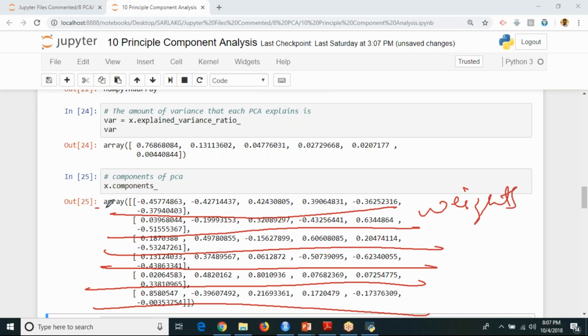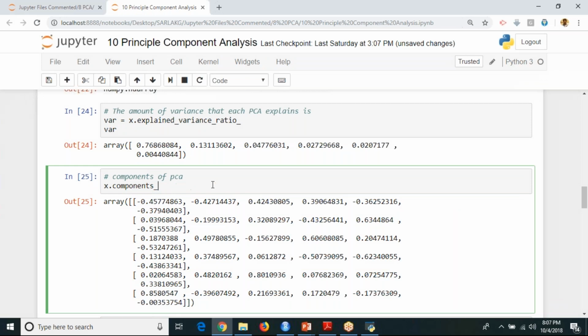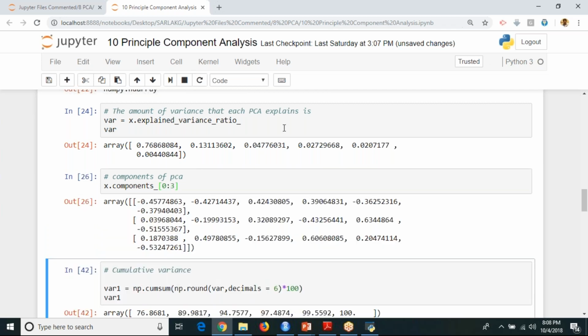Again, this is in your array format. I'm not going to use the type function again to check it. If you don't want to see all the weights, you can specify how many weights you want to display. It is up to you. I don't want to see all 6, I want to see only 3: 0, 1, 2. I'm going to execute. If you want to see only 0, 1, 2, it is going to display this. If you want to see only 2, you can give it as 0 to 1. If you want to see all, you can give it blank also, and you'll be able to see all the weights.